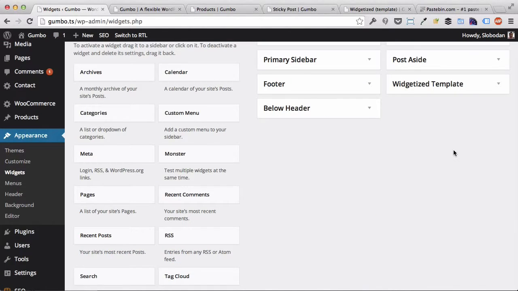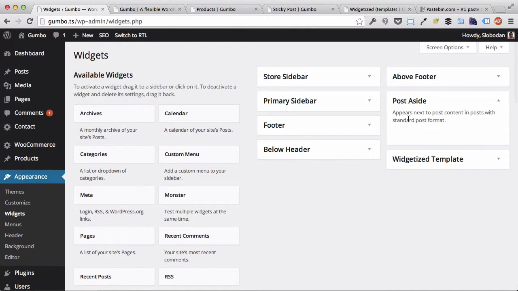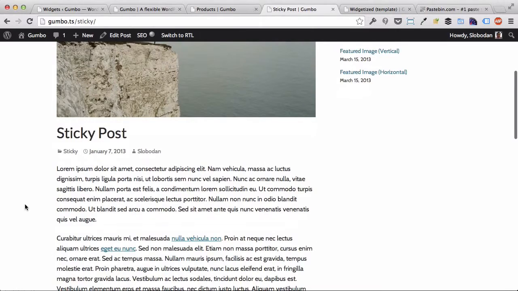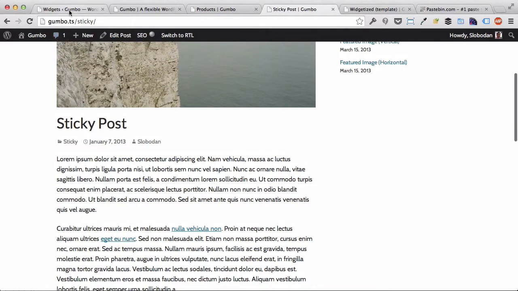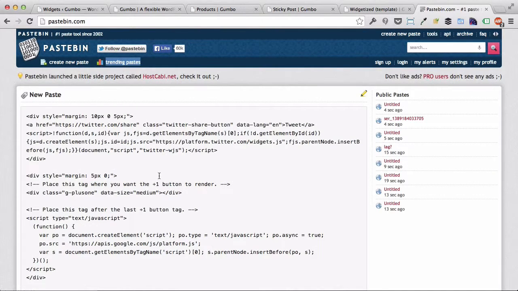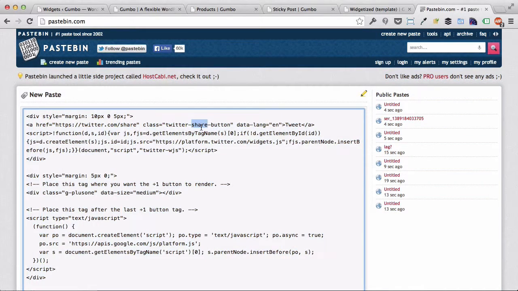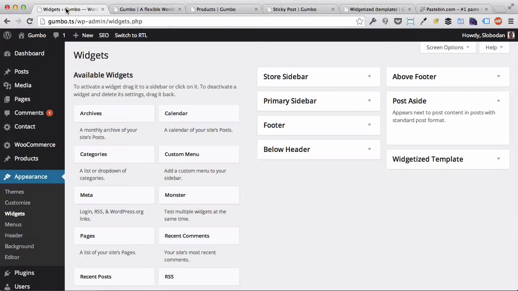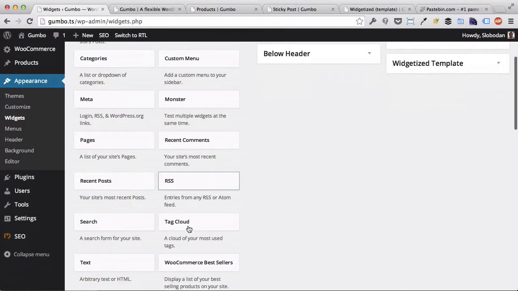Now let's take a look at the post aside. It is currently empty, so this area is only shown when you view a single post. I have one ready right here. See, there's nothing, there's no aside. But if I just add some code that I prepared earlier, that's basically going to add tweet button, +1 button, and Facebook like button. So I'm just going to use text widget,